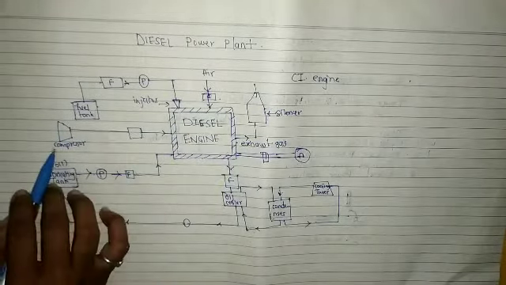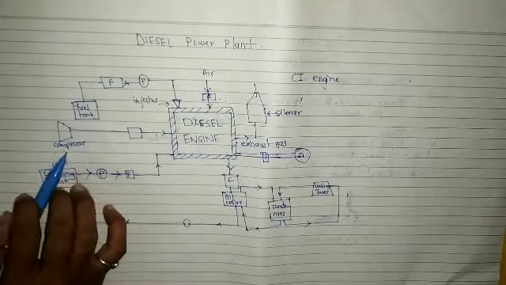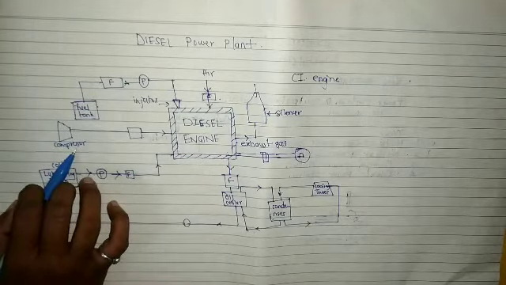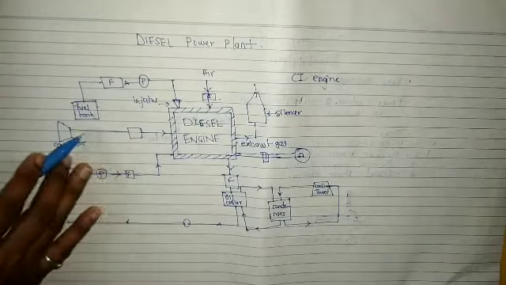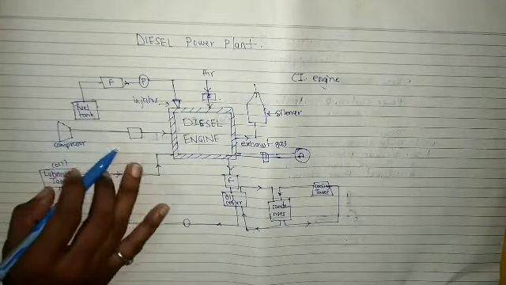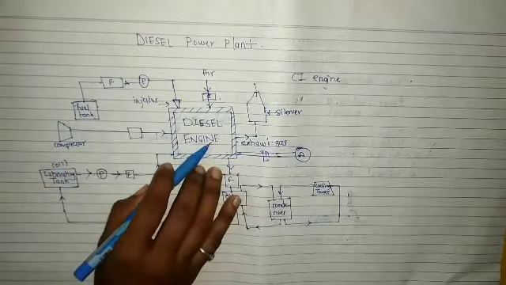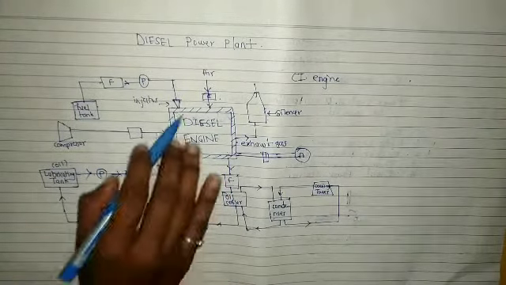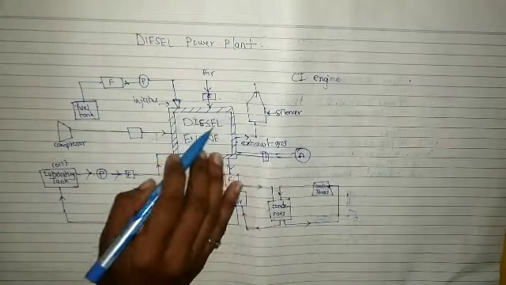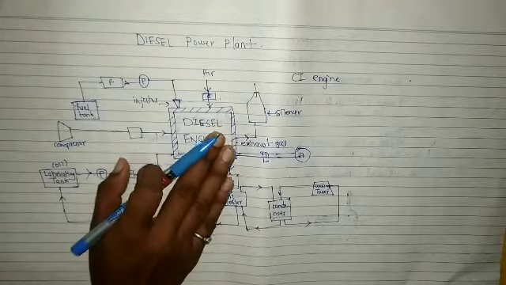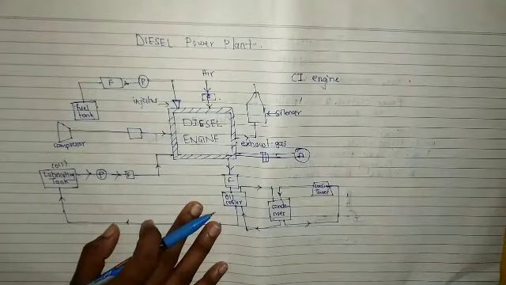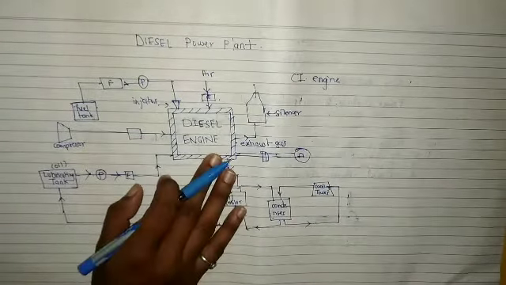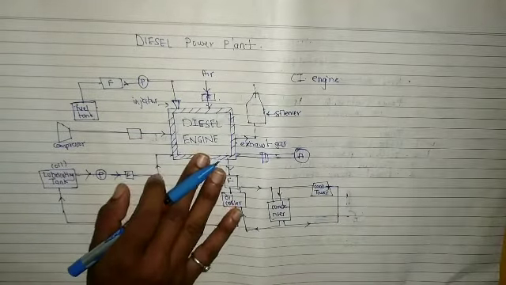So here we have provided the compressor. So this compressor, what it does? It provides the air, compressed air, to this engine. Then what happens? Due to this compressed air, the engine shaft will rotate and then our engine will start. Okay. So just remember, our engine will not start by itself.